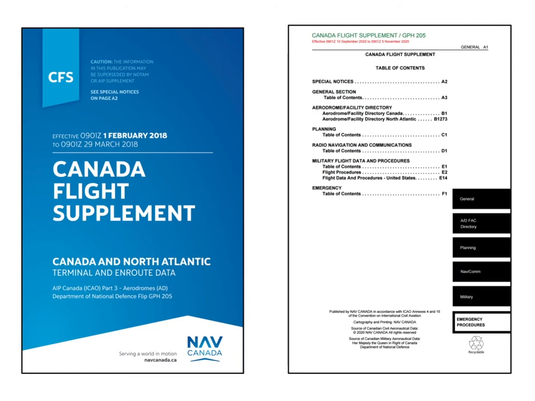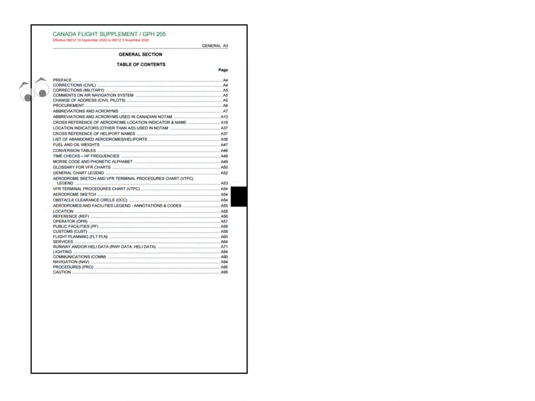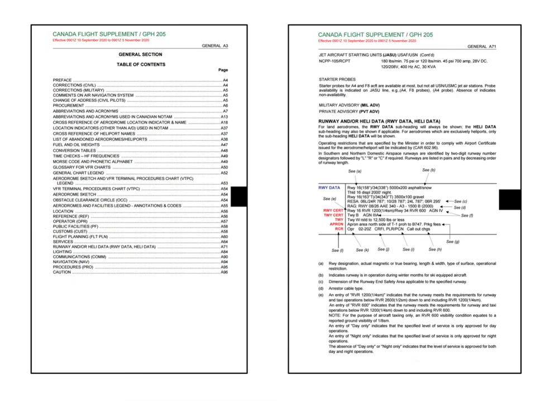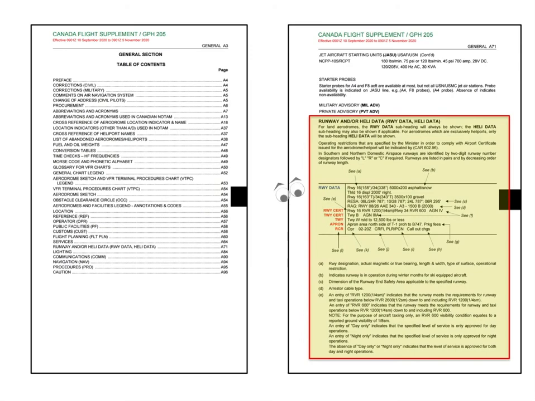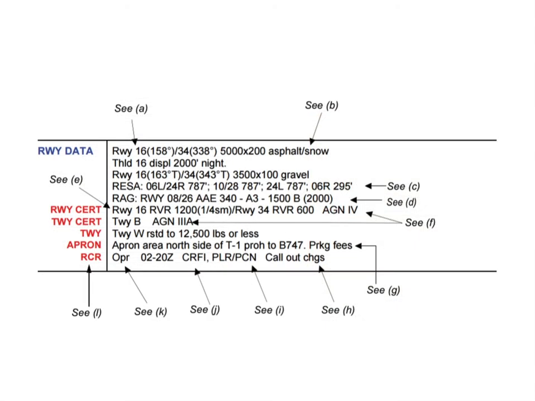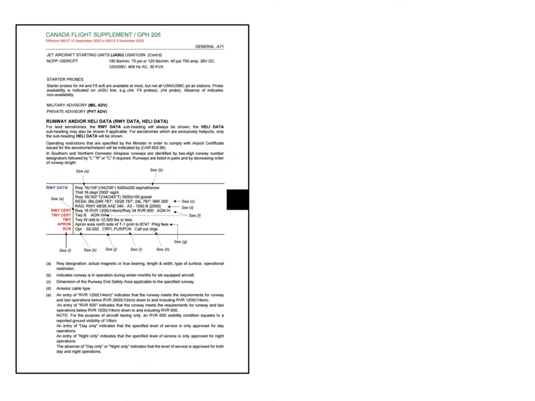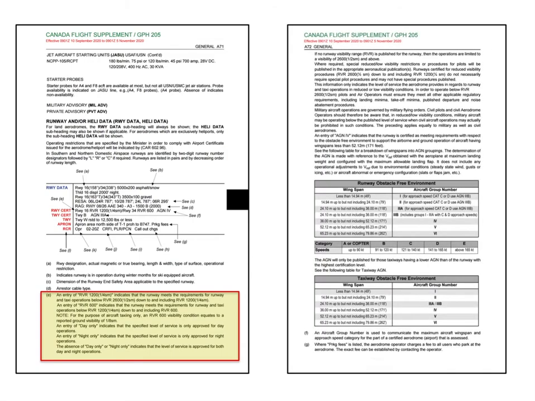CFS, Table of Contents. You go down the list to find runway and/or heli data. This edition leads us to page A71. We look for runway data here, and as we did before, we look for runway certification. There is a note, lowercase e. In this edition, the note E is found below, but it is necessary to continue reading until the 7th paragraph,